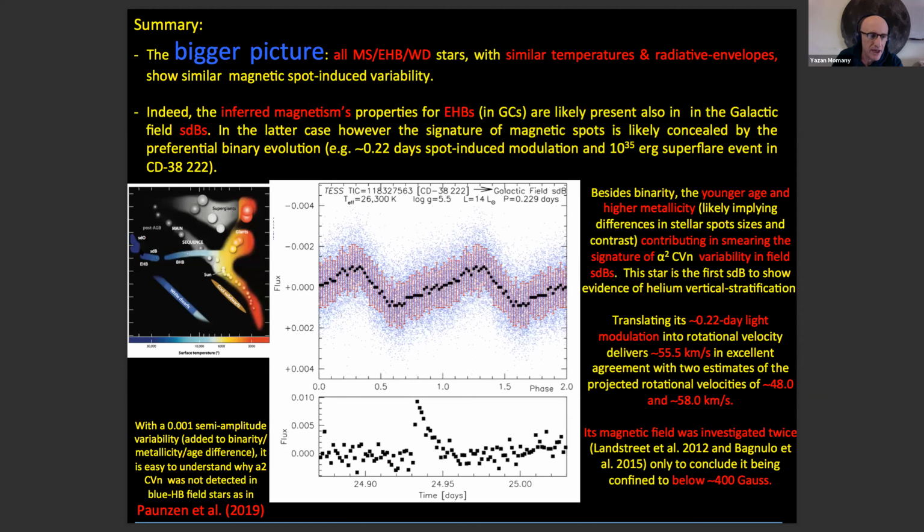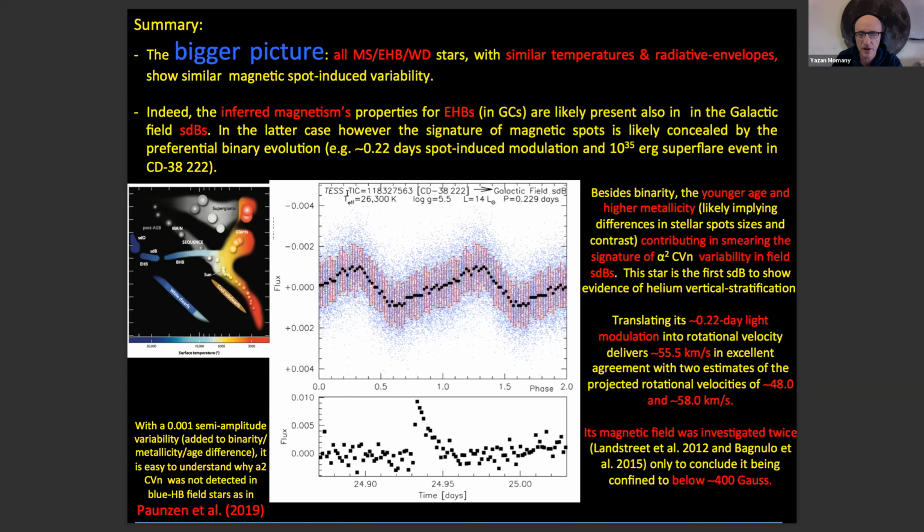So we made parallel comparisons of the EHB stars with the main sequence stars. So what about the sdBs? And do we expect to find alpha 2 CVn variability in galactic sdBs? The answer is very much yes. The only problem there is that you have binaries, 80% binaries. So for you to detect such low-level amplitudes, you need to go to the 20% that are single, and then there you find it. You search for them, and we did find one convenient case, one good case,